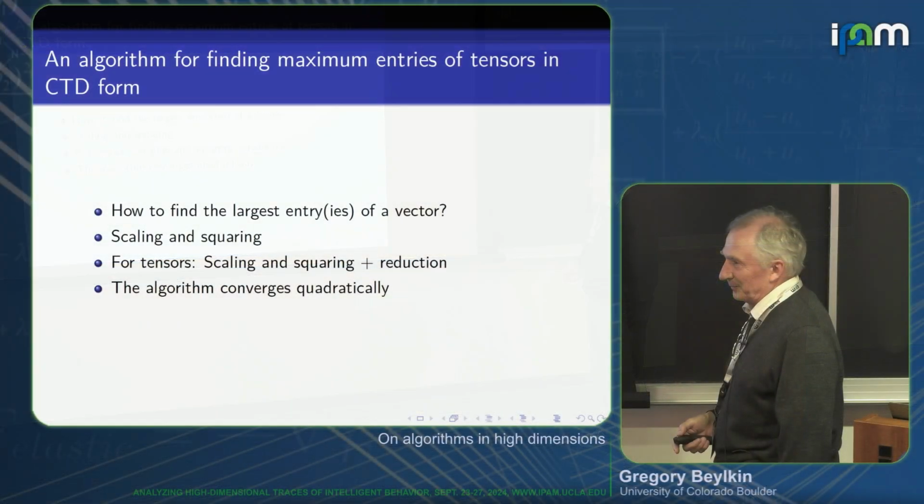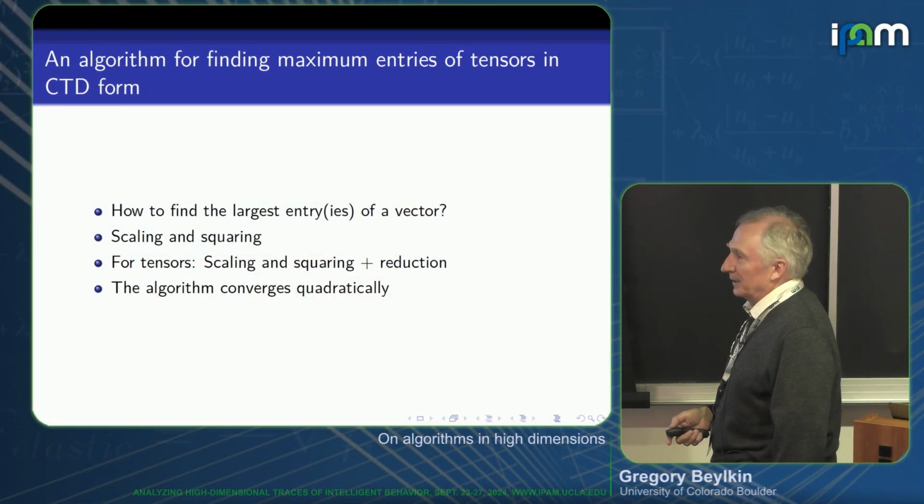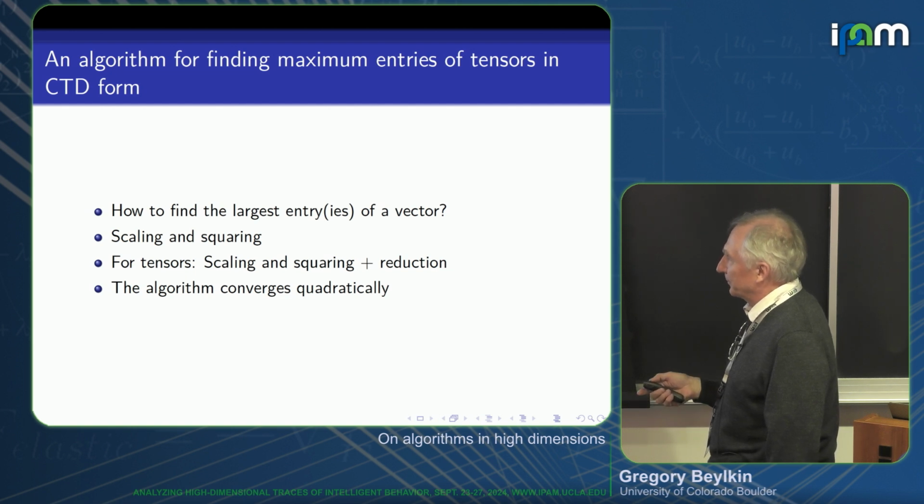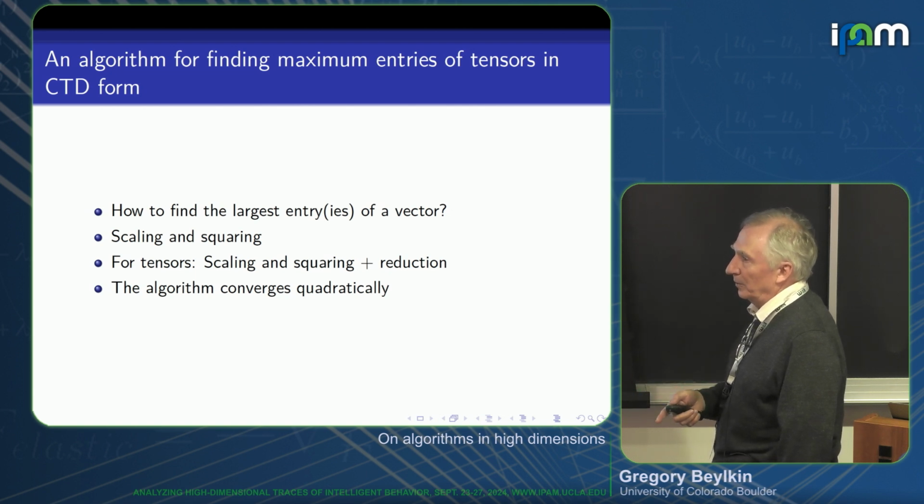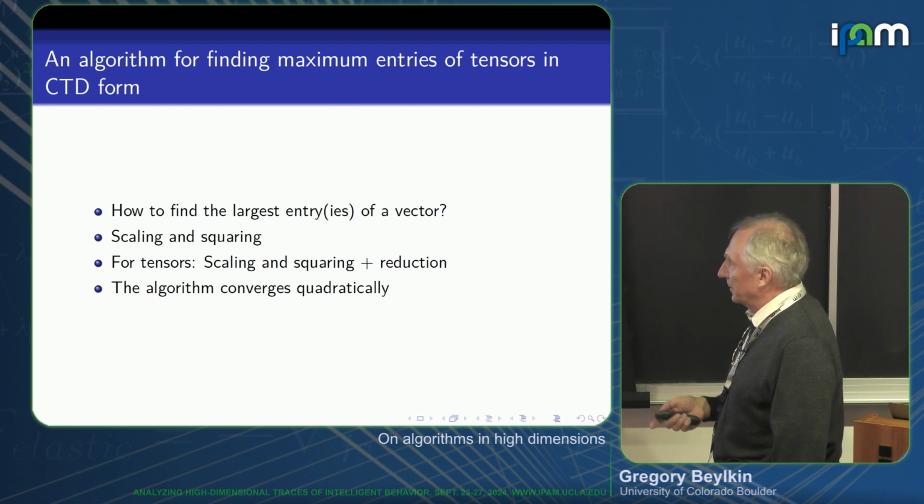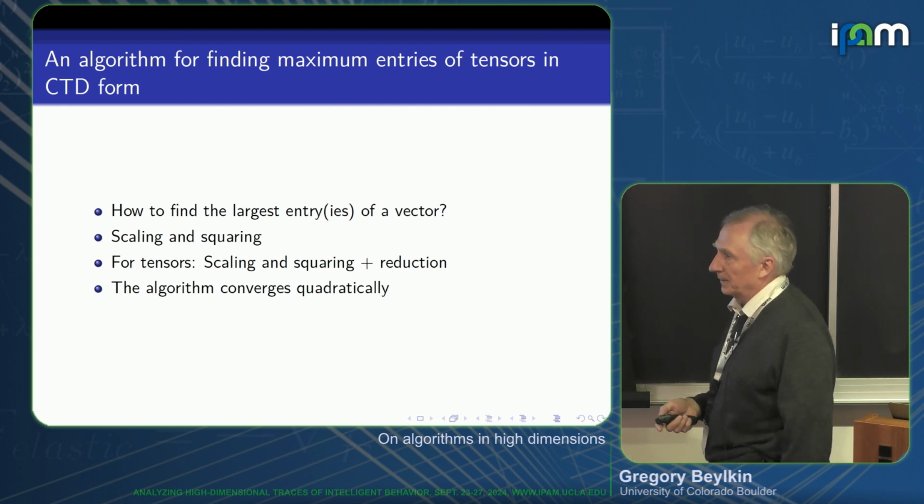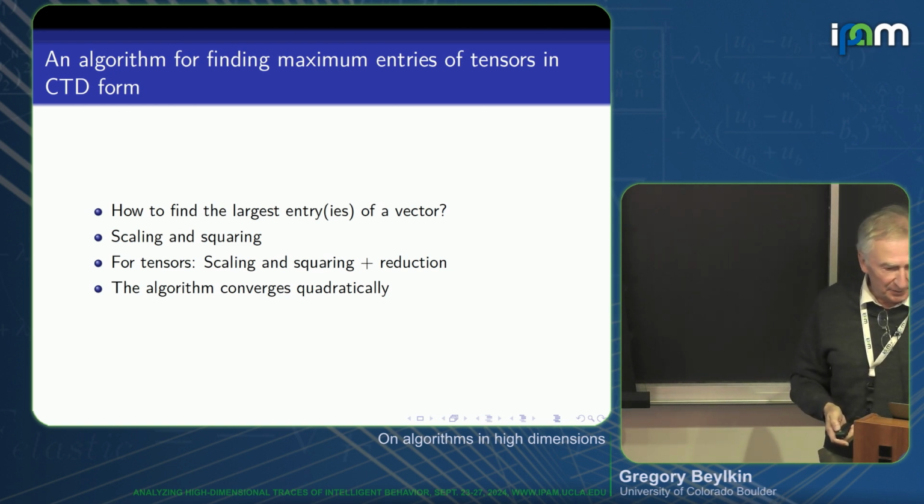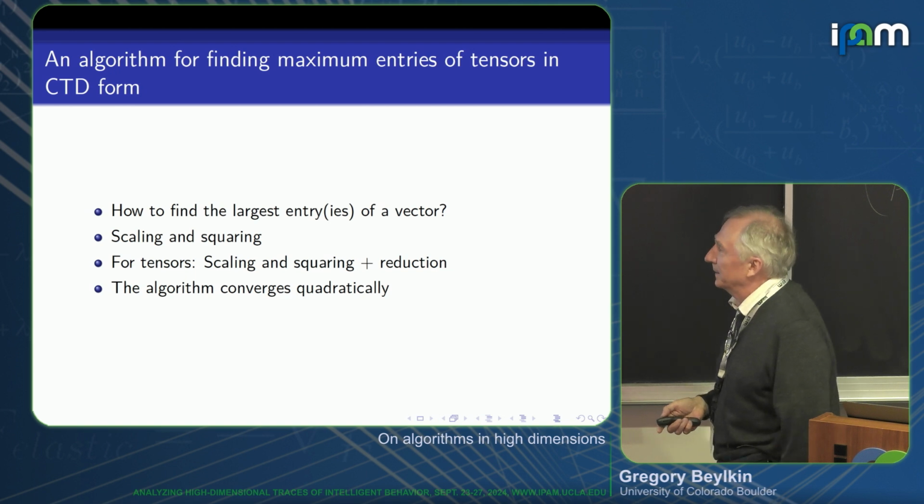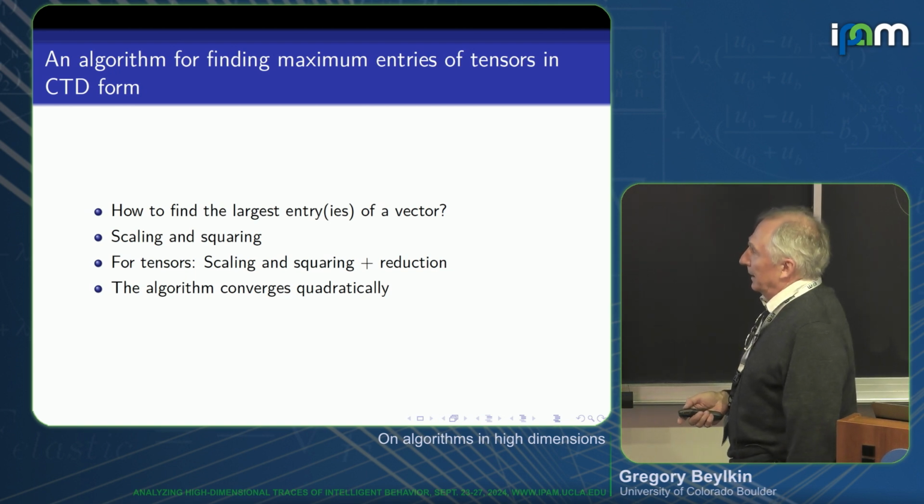So this is an algorithm for separated representation of tensors. So scaling and squaring plus reduction. We call reduction this reducing the number of terms in the separated representation. This algorithm converges quadratically. So, okay. So this was very good, but not